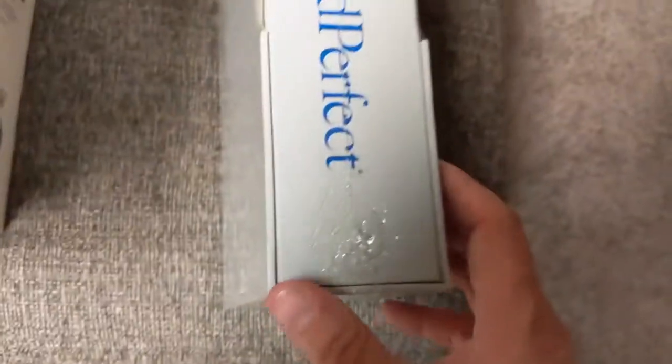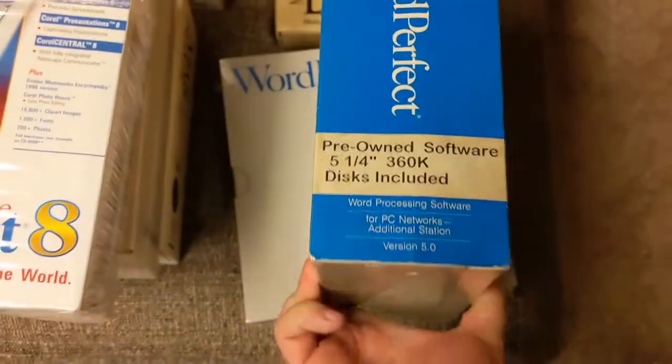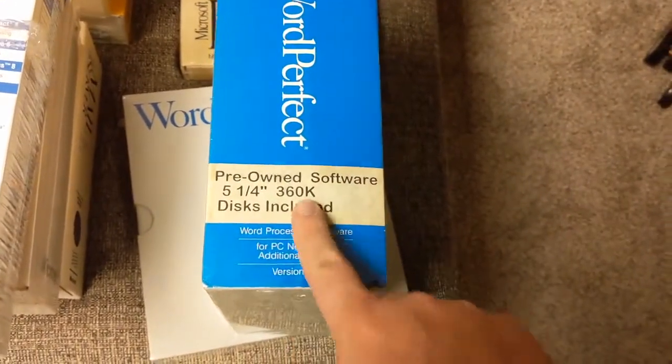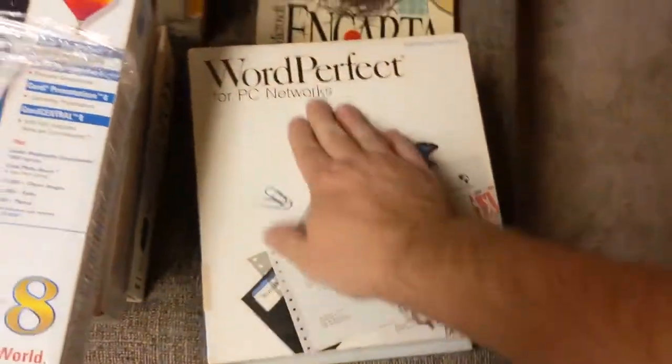And then, so you got Corel WordPerfect 8, and then I picked up WordPerfect, and this is for something I have no idea, but definitely older than that. So that'll be fun. And then WordPerfect for PC networks. Again, these are just big, heavy boxes full of paper, you know what I mean? Pre-owned software, 5 1/4, 360K discs included. So it just would be fun to